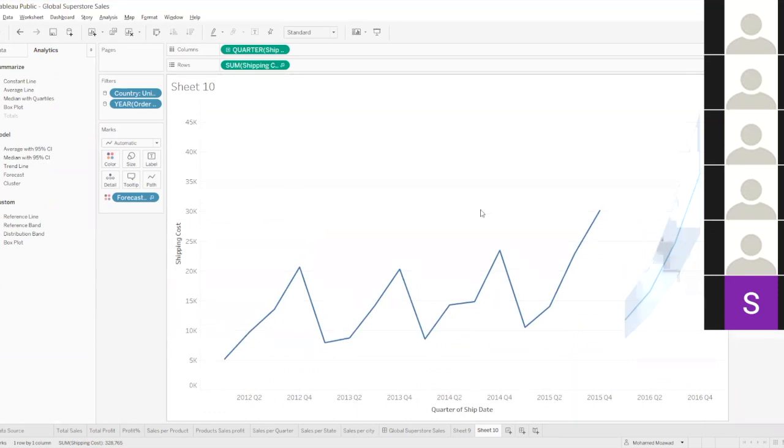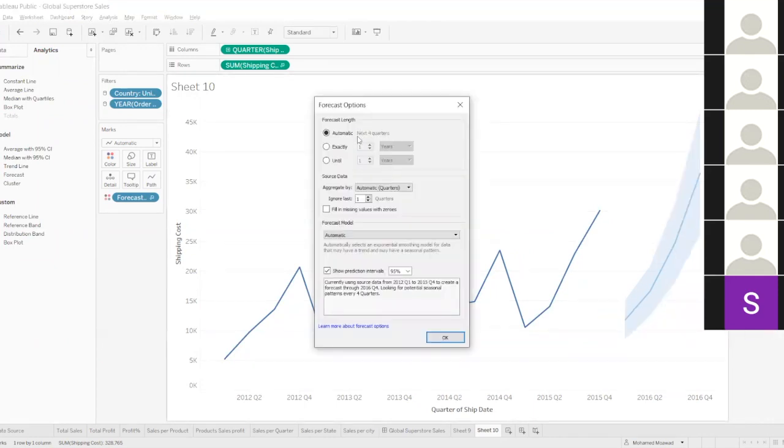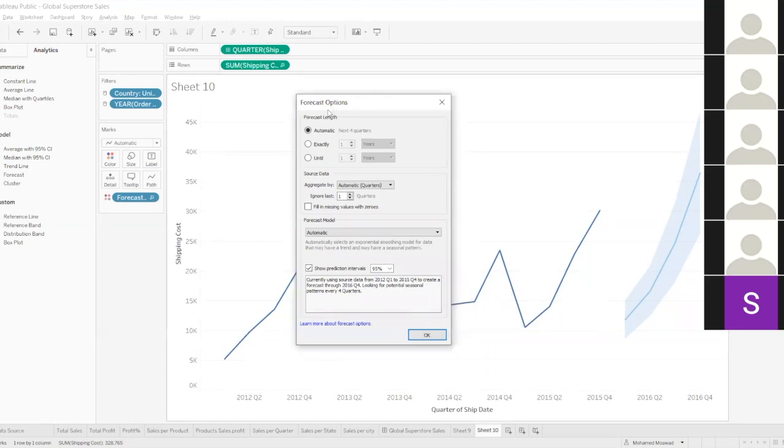As I said, it's using the exponential smoothing algorithm, and it requires a date dimension and a measure and at least 5 data points. We have here more than 5 data points. So it will use the historical information and feed it to the algorithm, then show us the forecasted information. We can slightly configure how the forecast runs. Right click here, forecast, then see the forecasting options. From this window, you can